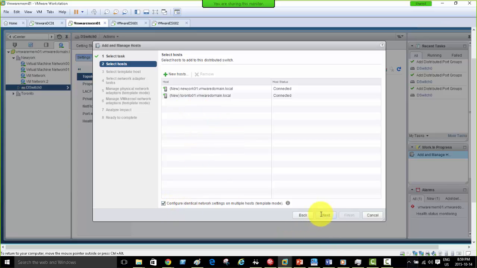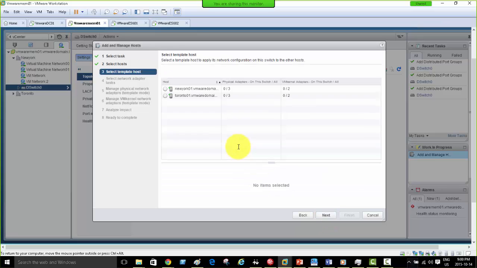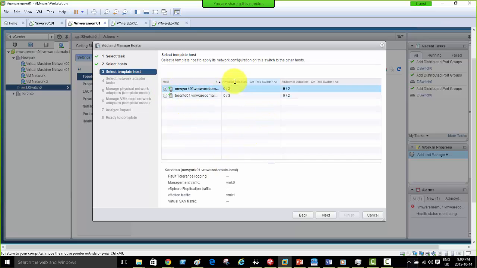If I click next here, while this is clicked, after that I'm going to come back and just select one. Now it's asking to select a template host to apply this network setting. If I click this, it's going to say that on this switch there are 3 physical adapters and VM kernel adapters too. So the settings are equal. So whatever settings I do on this, if there were 100 more hosts, and then I click